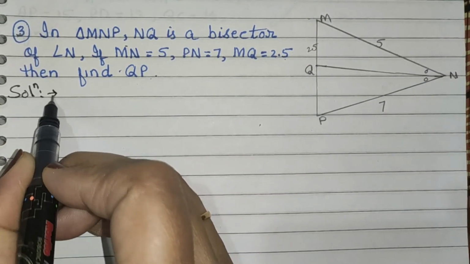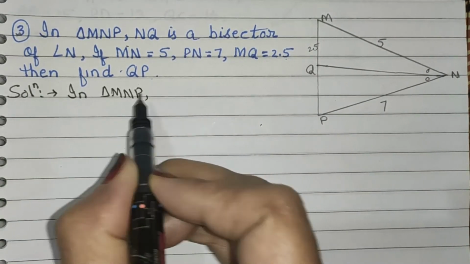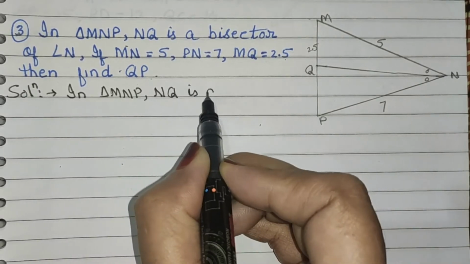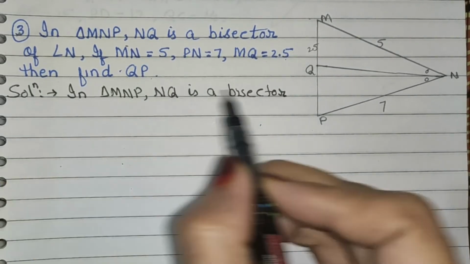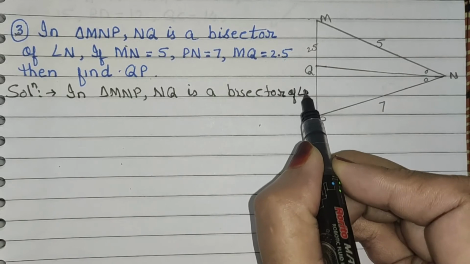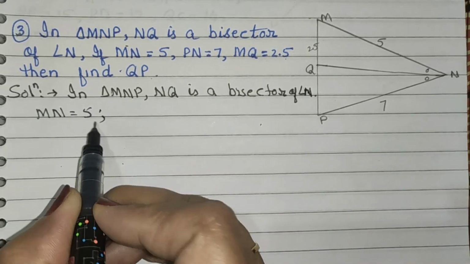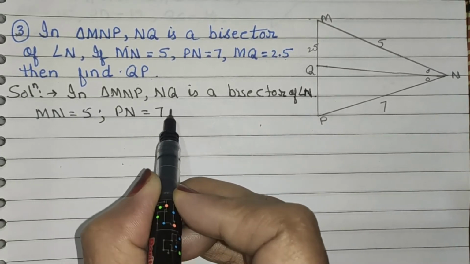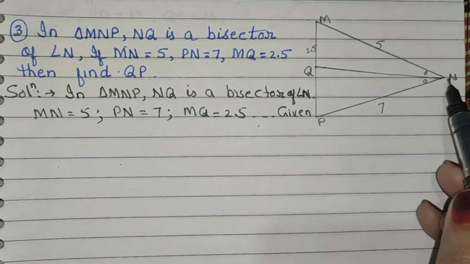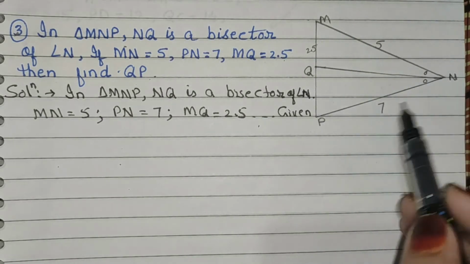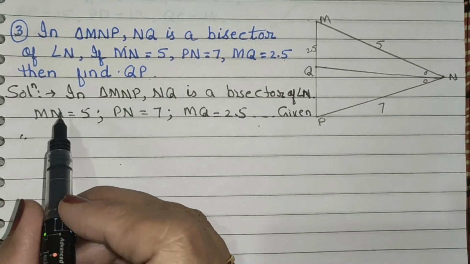Now first write what is given. In triangle MNP, NQ is a bisector of angle N. The values are given here. MN is equal to 5, PN is equal to 7, MQ is equal to 2.5. Now here NQ is the bisector of angle N. Therefore, by property of angle bisector,